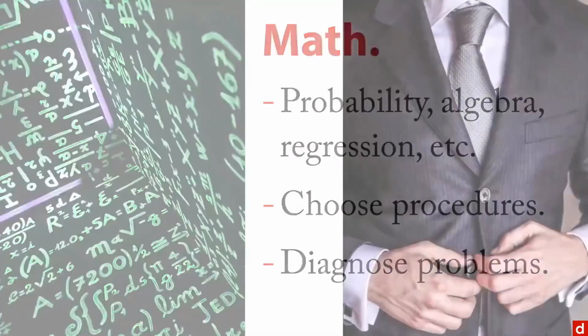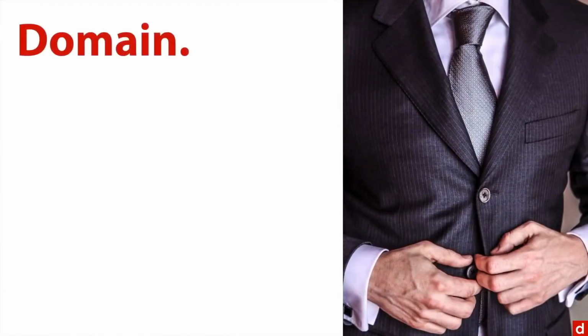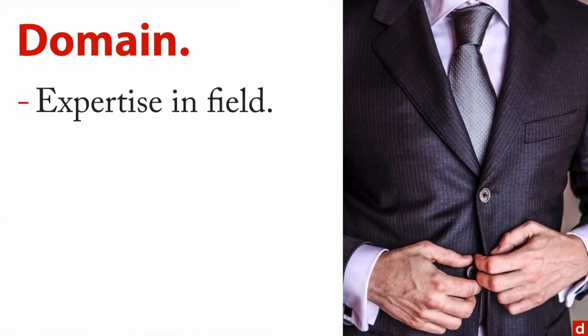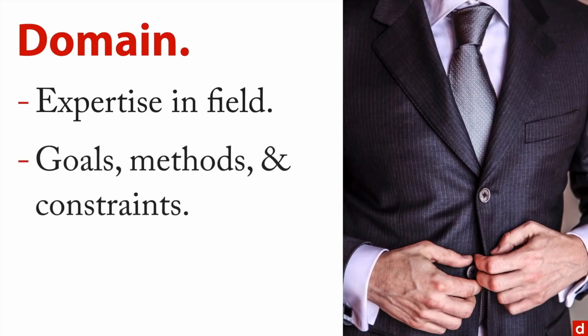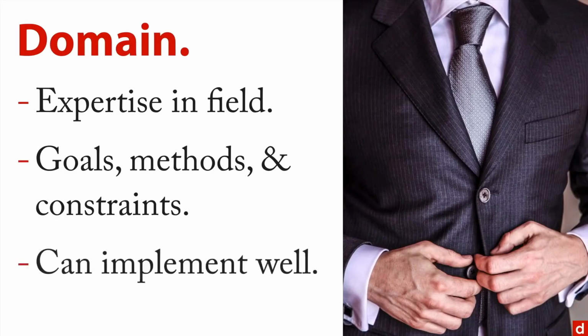And the third element of the data science Venn diagram is some sort of domain expertise. Think of it as expertise in the field that you're in. Business settings are common. You need to know about the goals of that field, the methods that are used, the constraints that people come across. And it's important because whatever your results are, you need to be able to implement them well. Data science is very practical and it's designed to accomplish something, and your familiarity with a particular field of practice is going to make it that much easier and more impactful when you implement the results of your analysis.